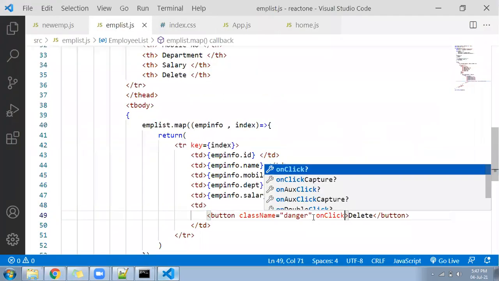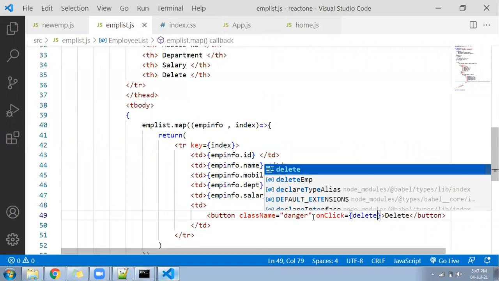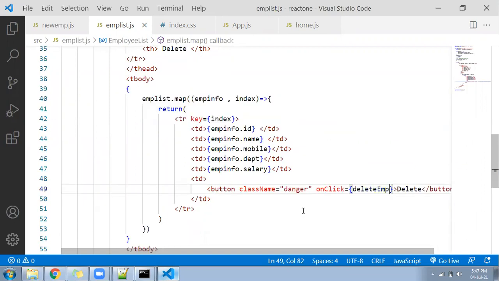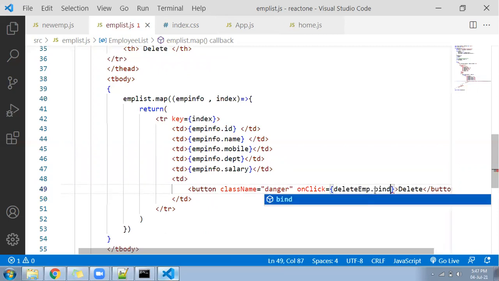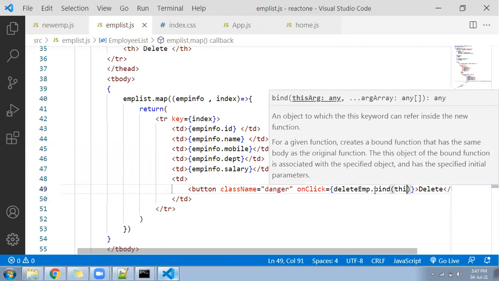call a function deleteEmp. Delete emp function, and in that deleteEmp function you have to bind the empId that is here, info.id. We need to bind that using the bind function. Bind function needs two parameters minimum, one parameter minimum.